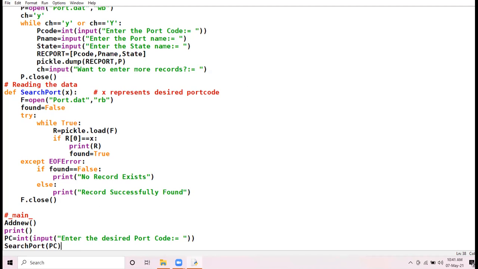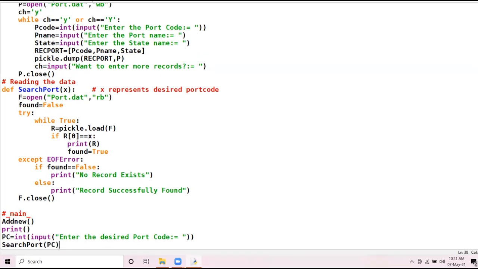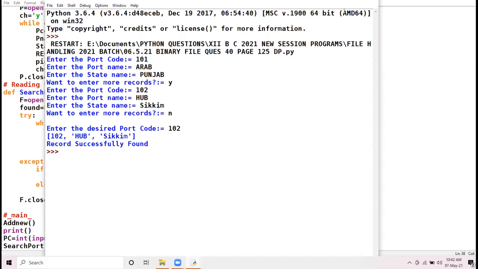Yes, 12th class. So let us run this question. See here. I input two records: 101, port name Arab, state Punjab. Then I enter one more record, port code 102, port name Hub, state Sikkim.